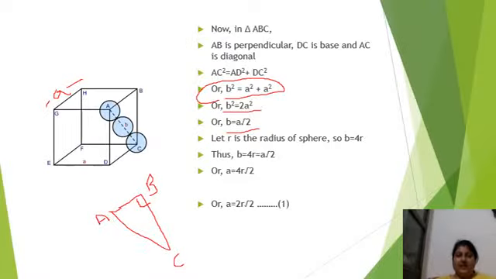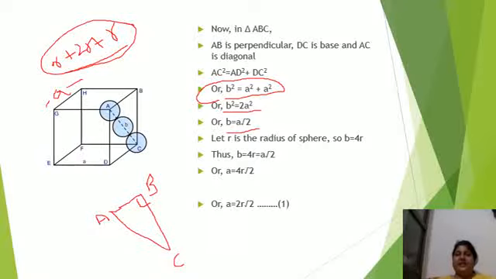Now see beta, we considered that the radius is R. Here half radius means small r, plus this second sphere is fully covered up, its whole diameter is covered up, that means 2r, plus its half, that is only r. So the total length is r plus 2r plus r, that is 4r. B is equal to 4r and B is also equal to A root 2.